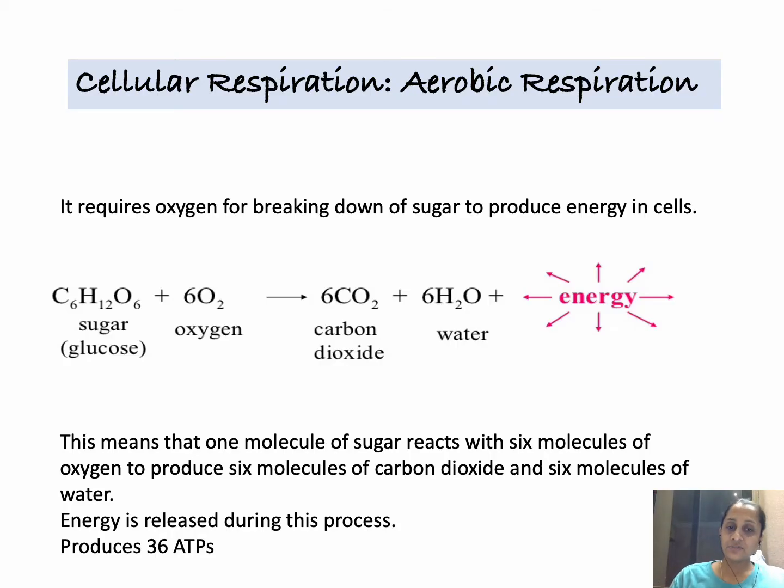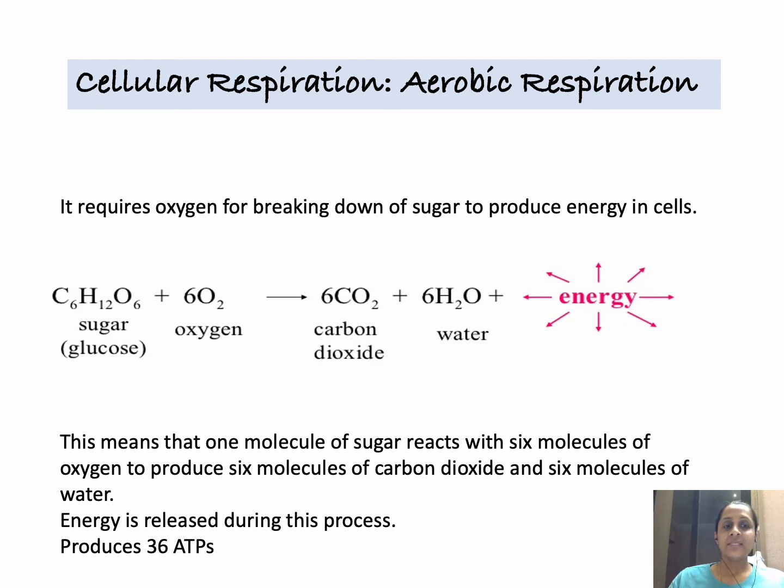So cellular respiration is again of two types. One is aerobic, one is anaerobic. The term aerobic means something which has air in it. So respiration will need oxygen for the equation to get completed. This aerobic respiration requires oxygen to break down sugar to produce energy in the cell. This is a very simple equation. Sugar, as we have studied during photosynthesis, is C6H12O6, that's the glucose formula. Plus oxygen giving you carbon dioxide, water and ample amount of energy for your body to